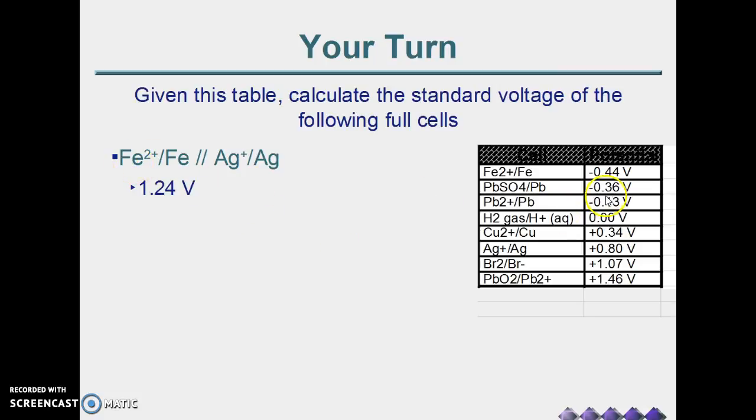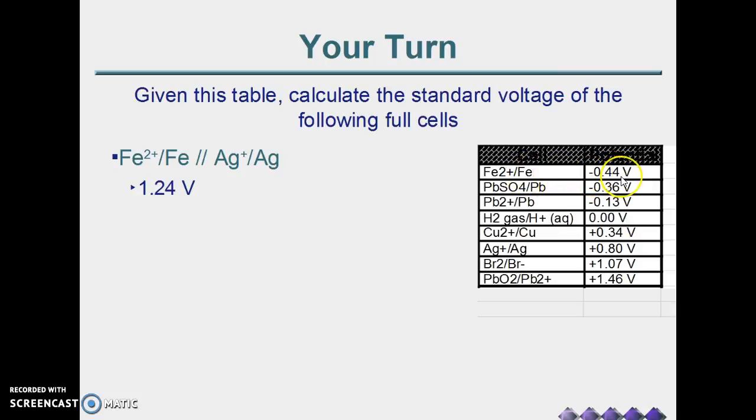Now, if you do this, you will see, here's your 0.44 volts, and here's your silver. I like to think of this as we're really calculating the distance between this electrode and this electrode. And the hydrogen electrode is right in the middle. So if you take this and subtract the oxidation, because it's an oxidation, you have to turn it around, you can either subtract minus 0.44 volts from the 0.8, or you can change the sign and add them together. Either way,